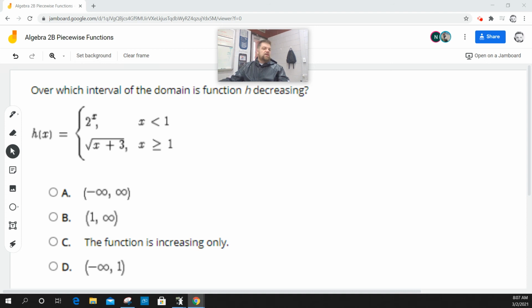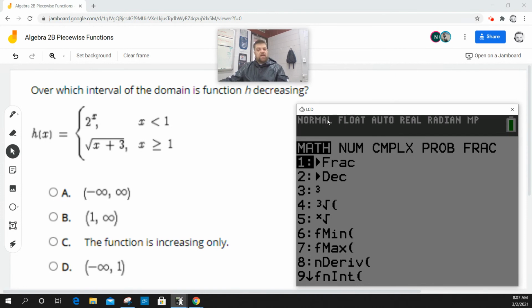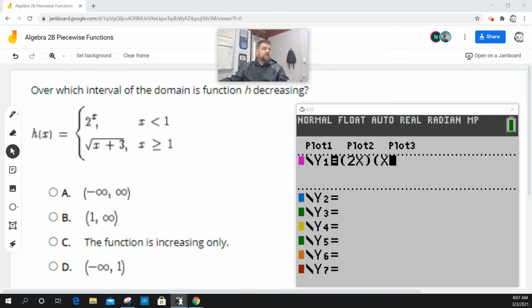Right, so for this one, we have a piecewise function, and they want us to figure out when it's decreasing. Okay, so what I've got to do is just graph this, but because it's a piecewise function, I've got to define which function to use for which part of the domain. So for any x value less than 1, I'm going to use the function 2 raised to the x. Now for any x value greater than or equal to 1, I'm going to use the square root of x